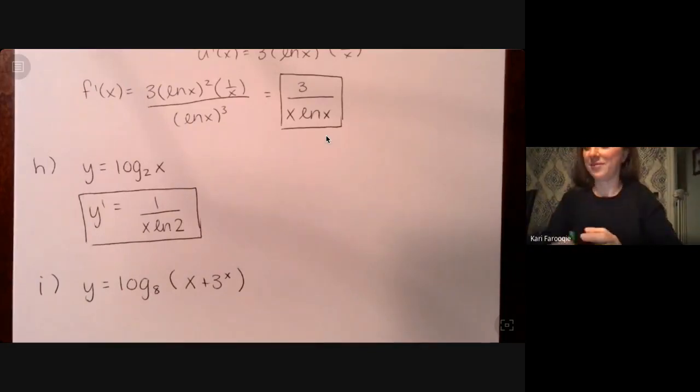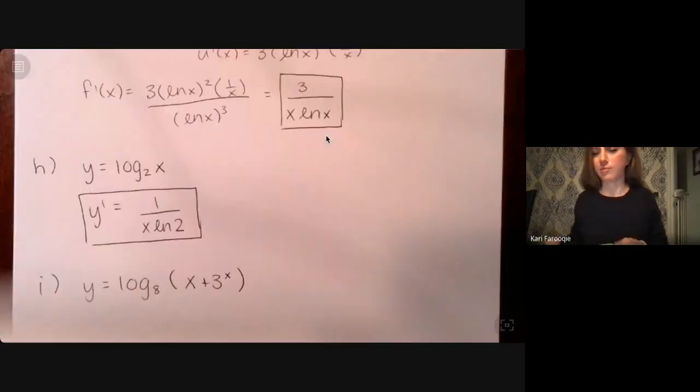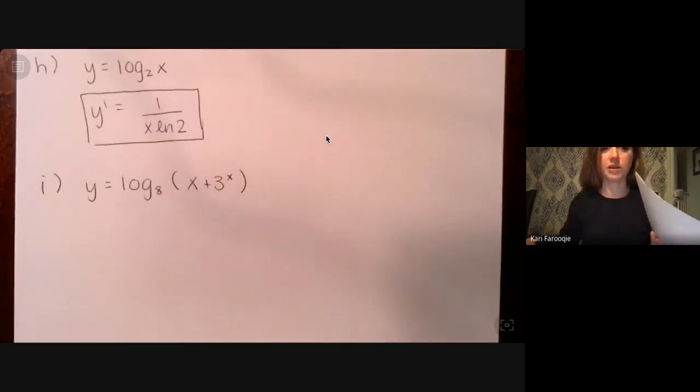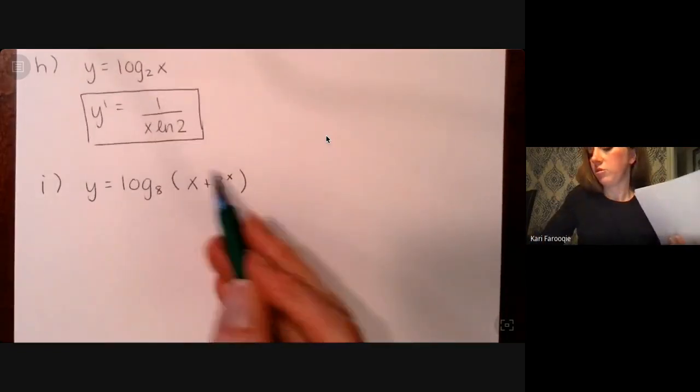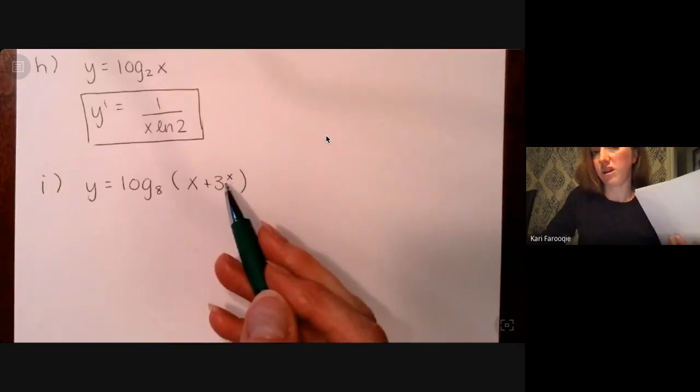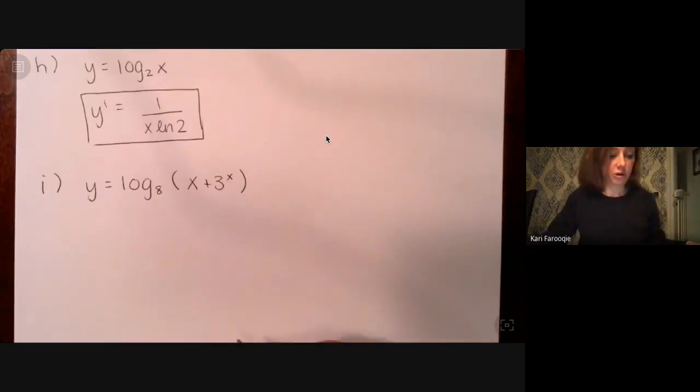And now, if you're wondering why she even bothered giving us that formula from 3.1 at the beginning of this, it didn't make any sense. Well, you're going to see now that you're going to use it for this problem. Because when you take the derivative of the inside function, you're going to have to take the derivative of 3 to the x. So I'm going to remind you here, I'm going to even rewrite it here